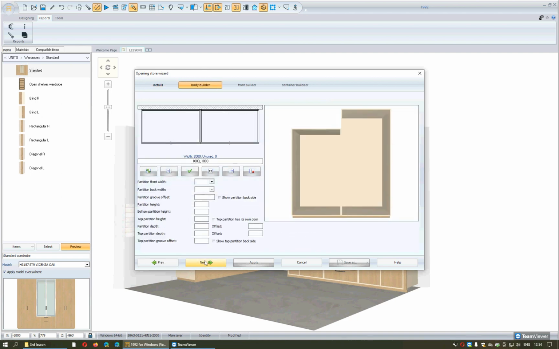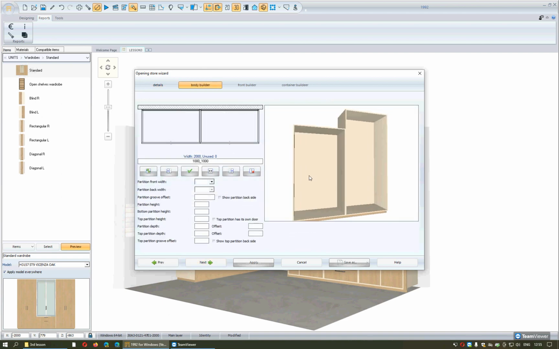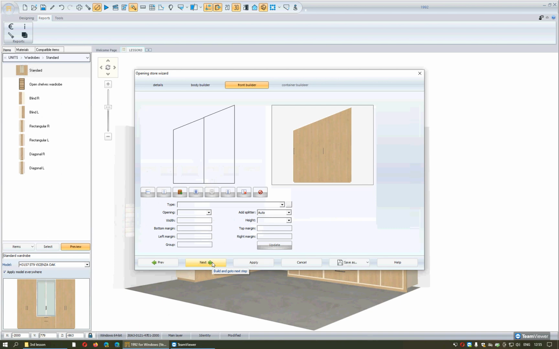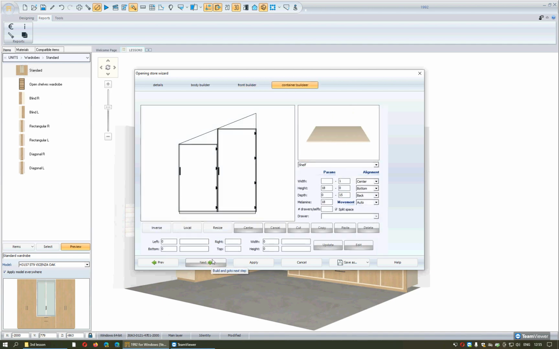If I will go to the next step, I can see, as I said before, that the box is in 90 degrees. Again, I repeat, I can select one compartment to be smaller than another one or bigger. The next step, I see again in the 3D in the right side of this window the wardrobe. And if I want to change and to divide the doors, I will select in the sketch the door I want, and again I have the same options as we saw before. And the last step,